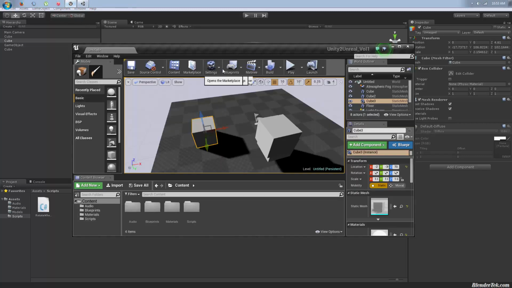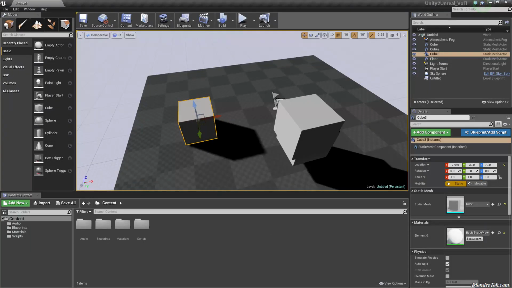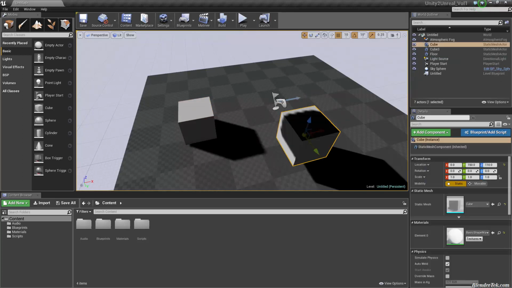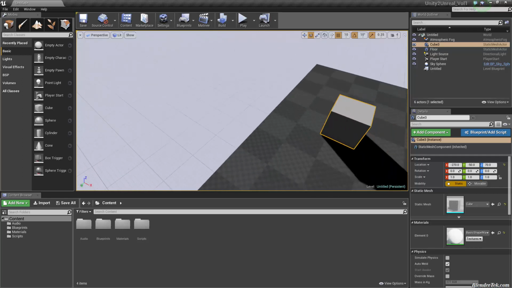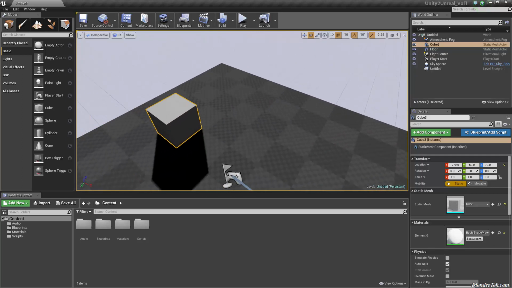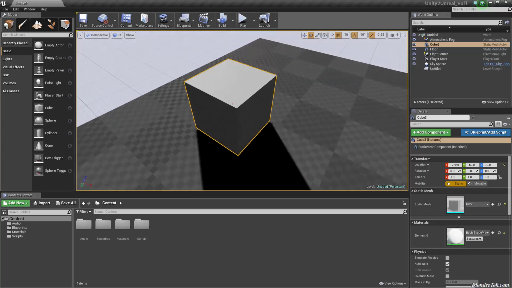Now in Unreal, I wanted to mention this because it is exactly the same. So let me get rid of some of these things. So I just got my one cube here. So we press W to move it. We use our gizmos just like that. We use E to rotate it. Now what I like is I think that their rotation gizmo is much easier to use.